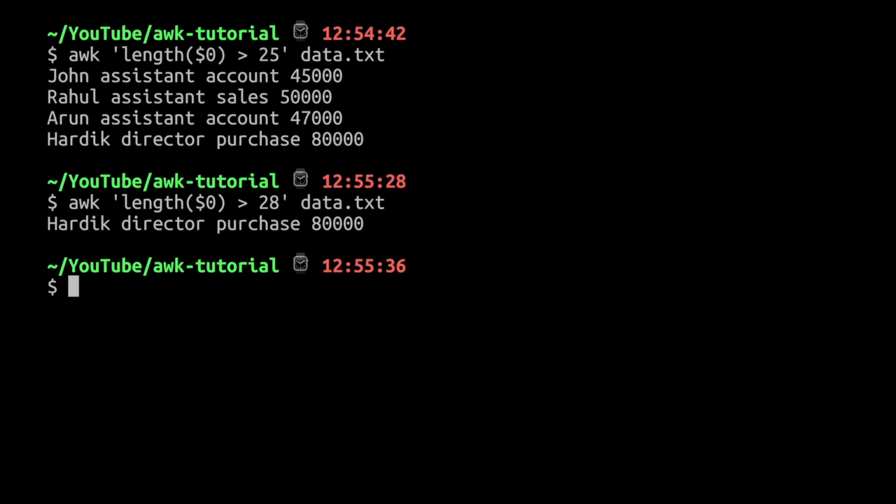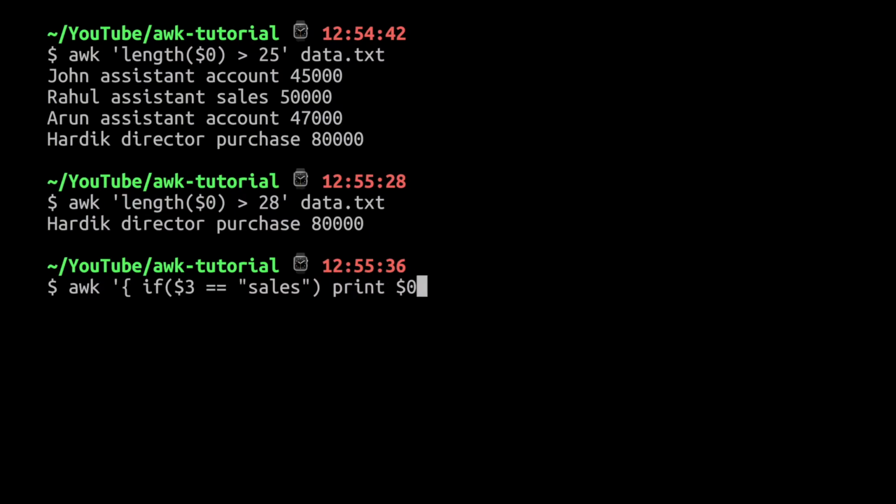Similarly, we can also have conditionals. We can use if else. So for this one, I want to print all the records which have department as sales. Sales is the third column. So I simply have to write an if block. Here I'll say for $3, if this matches sales, simply print this.